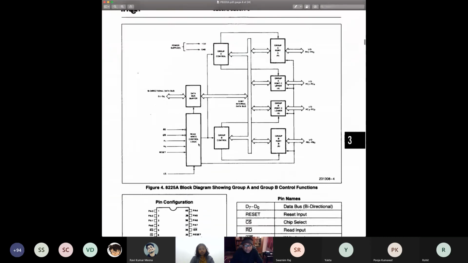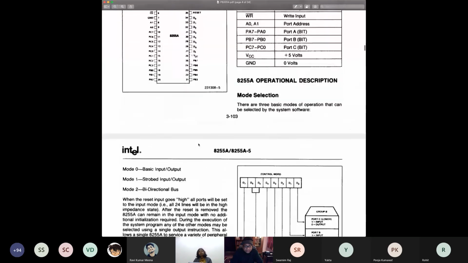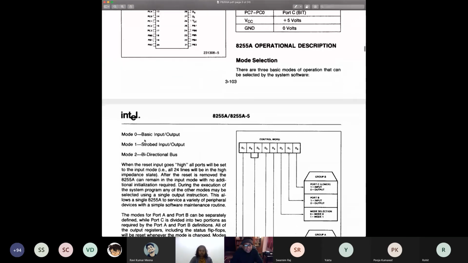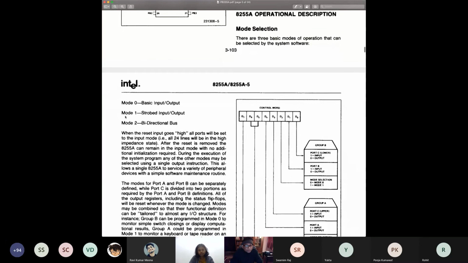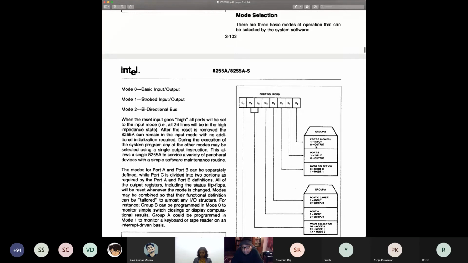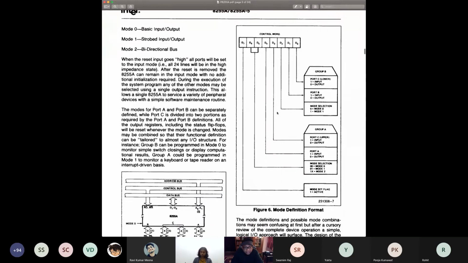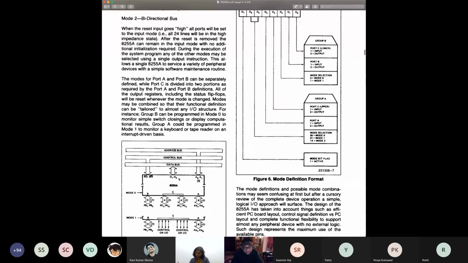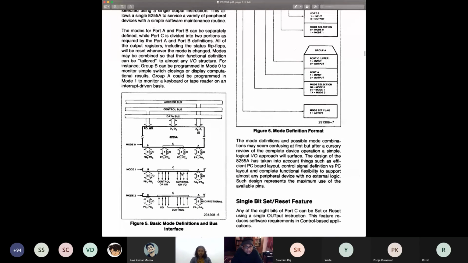Then how to control it? It will have certain control status registers. This is the control. There are 3 modes. Mode 0 is basic input output. Mode 1 is strobed or handshaking. This mode 1, which you see here, is called strobed or handshaking mode. Mode 2 is a bidirectional data bus. These are the 3 modes of the 8255. By programming the control word, 1, 0, input, output, etc., you can control group B and group A through the control word register. This is how it is connected, as you can see. The picture will give you much more idea.